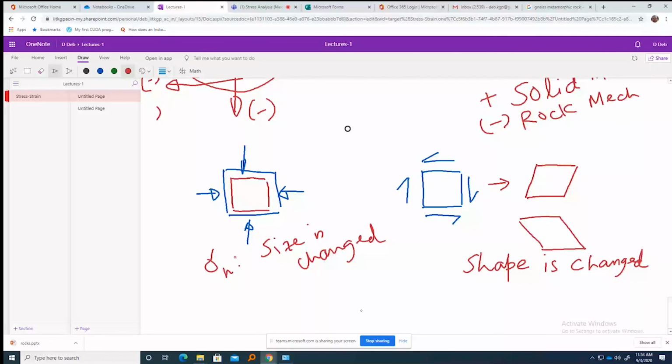So the normal stress changes the size. If you are pulling it, the size will increase. If you are pushing it, size will go down. And the shear stress is basically changing the shape. Now, when you are applying both together, so